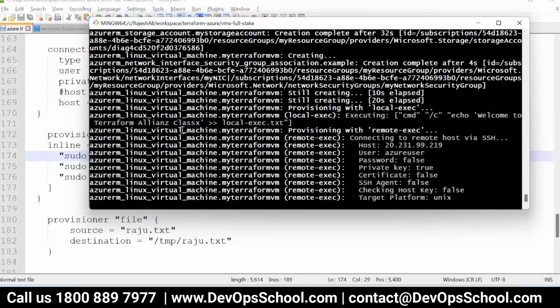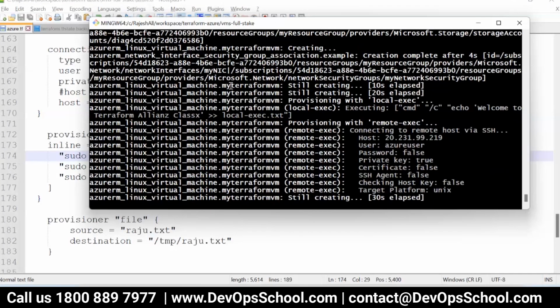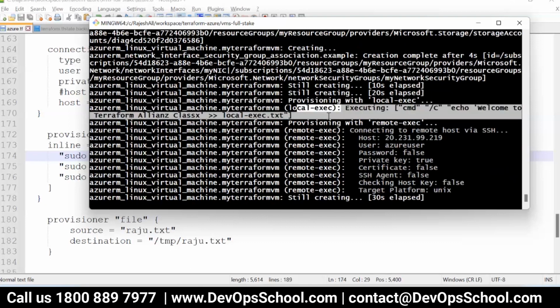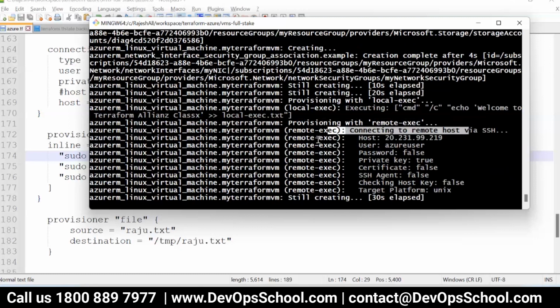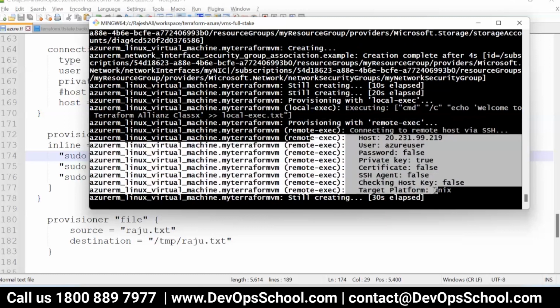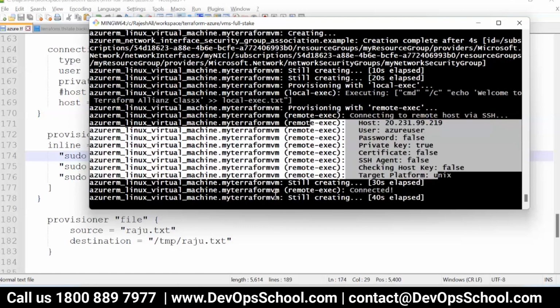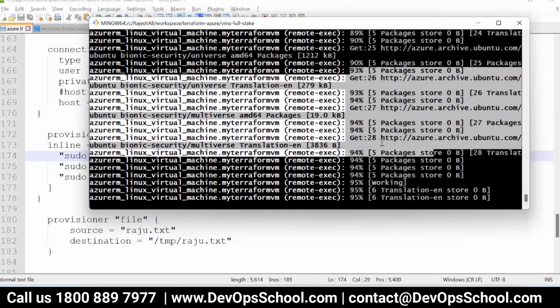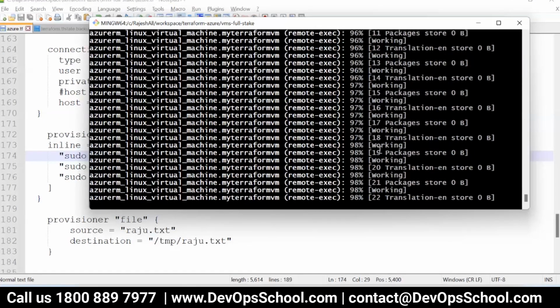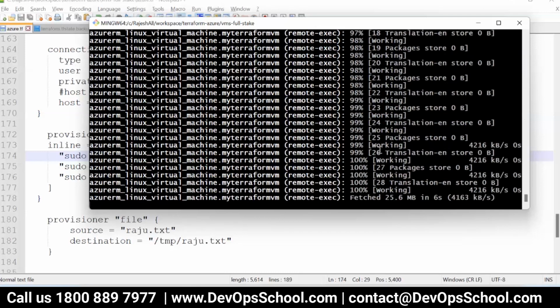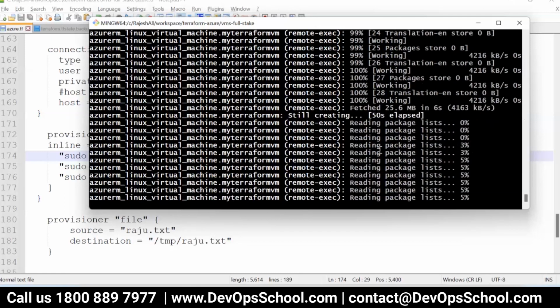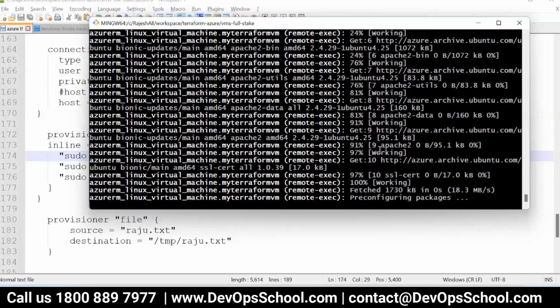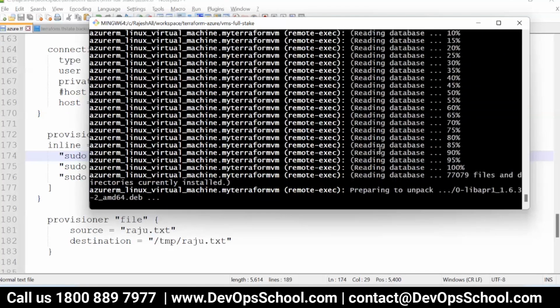See guys, look at it very carefully. Local exec has been completed. Now it's connecting to the remote exec, and then remote exec is done. You see Apache is being installed. Installation is still happening.